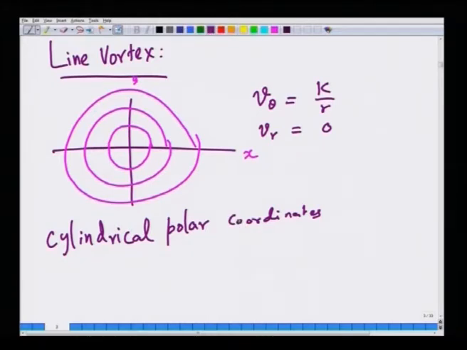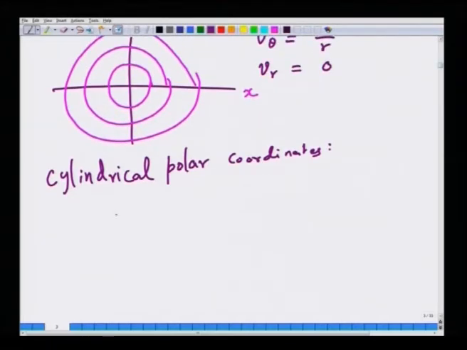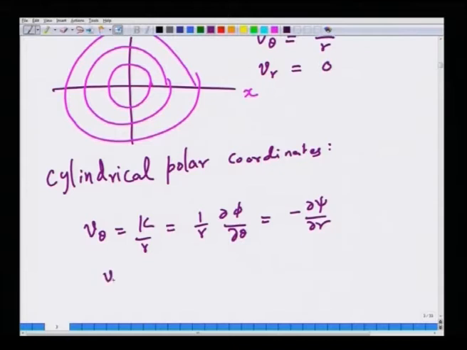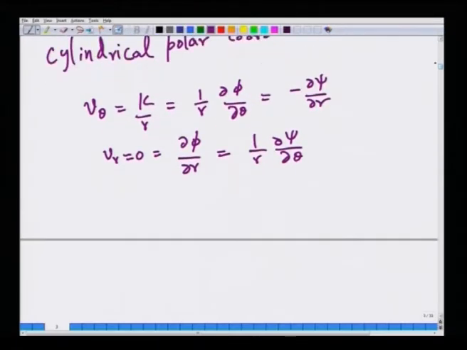Okay, to find what is the stream function and what is the velocity potential. Velocity potential: v theta is k by r, which is nothing but 1 over r partial phi partial theta, which is nothing but minus partial psi partial r, and v r is 0, which is partial phi partial r, is 1 over r partial psi partial theta. Okay. So, if you integrate the v r equation,